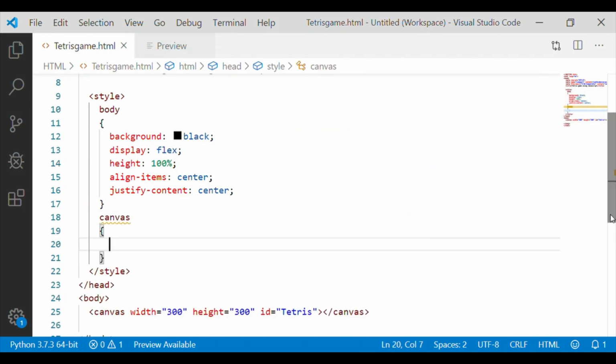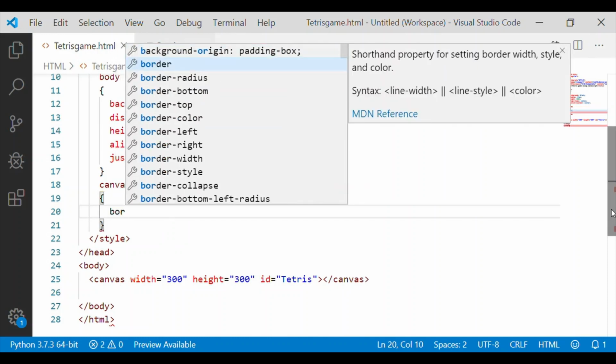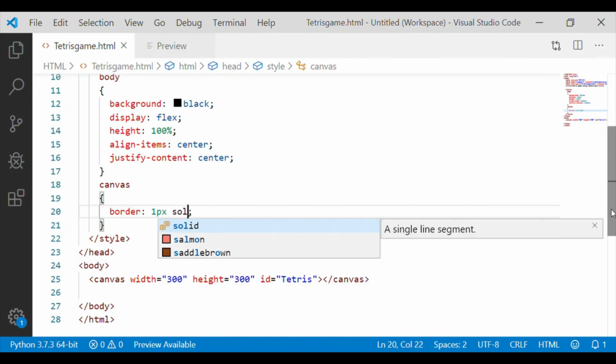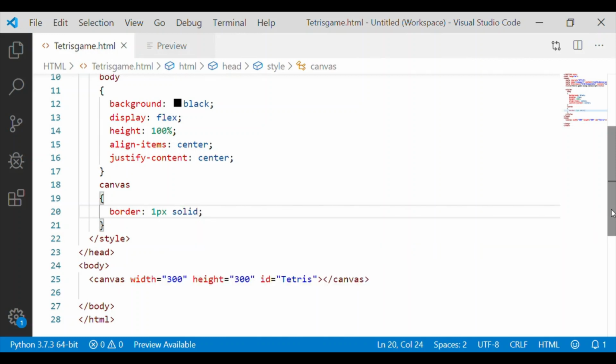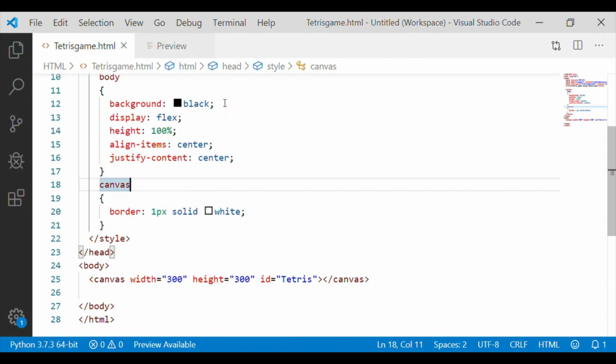Again for canvas we will give the styling property of border. Border is 1 pixel, it is solid and white in color, so that as the complete HTML body is black in color, there shall be a border for a width of 300 by 300, and this border will be white in color, which distinguishes our canvas from the other portion of the HTML body.